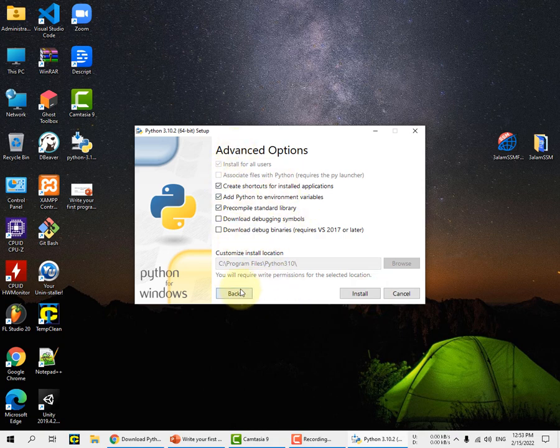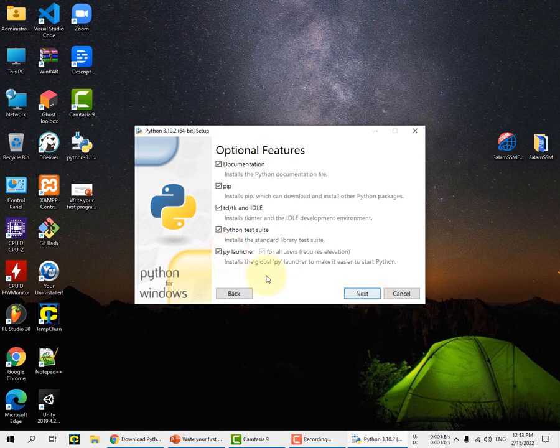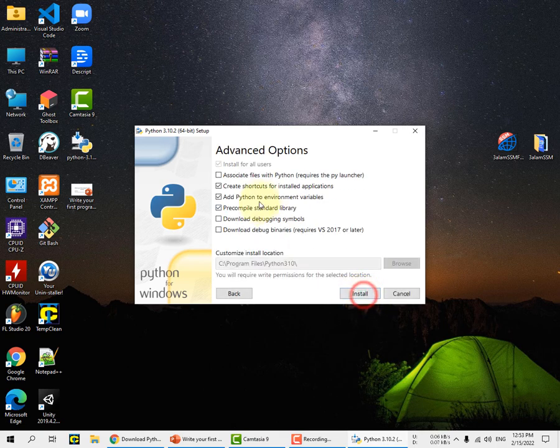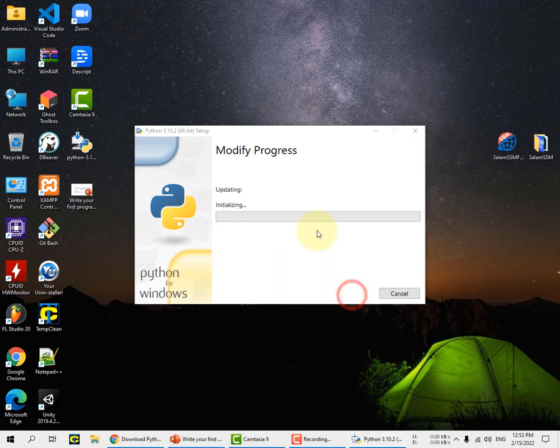You can easily check the launcher to ease our process of writing Python programs. Then we will hit next. We will check all these boxes except these two checkboxes, which will slow the installation process. Then we will hit install. Then we will wait till it installs.